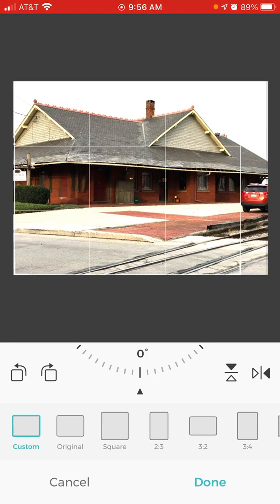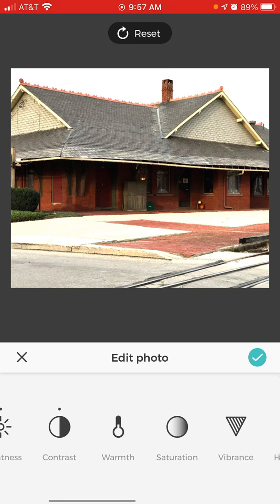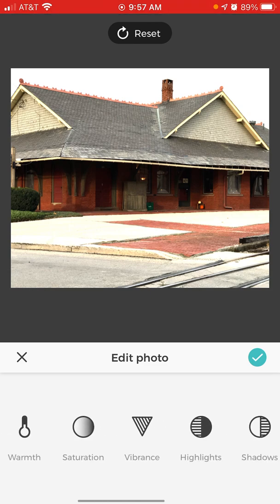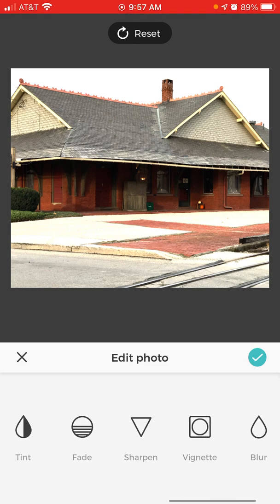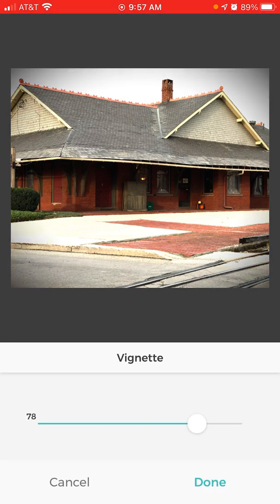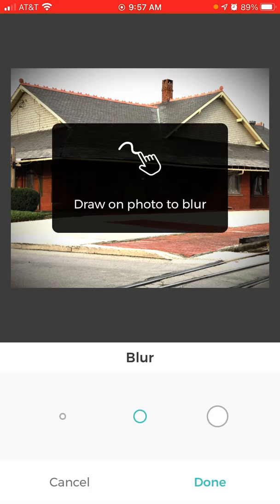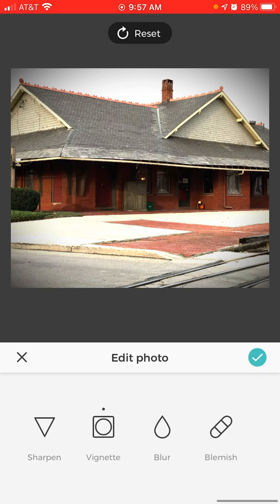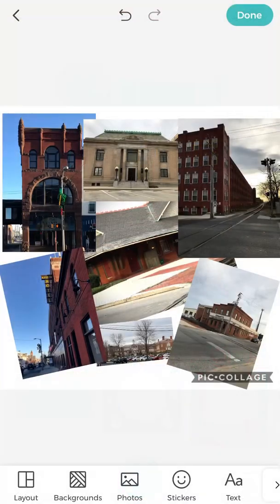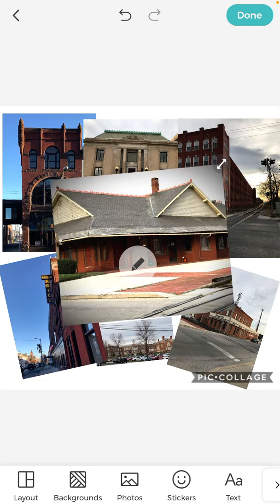Maybe I want to crop that car out of it. There's warmth, saturation, vibrance, highlights, shadows, tint, fade, sharpen, vignette. Remember we used that before. There's a blur tool if you wanted to blur the photo, blemish,